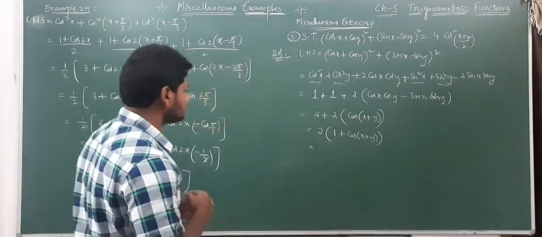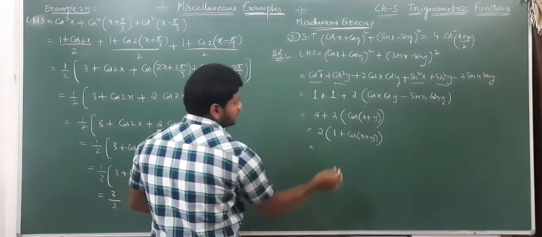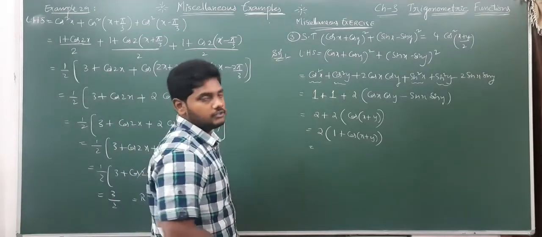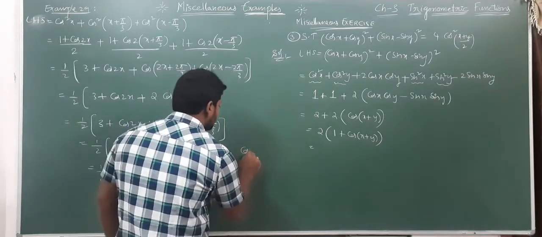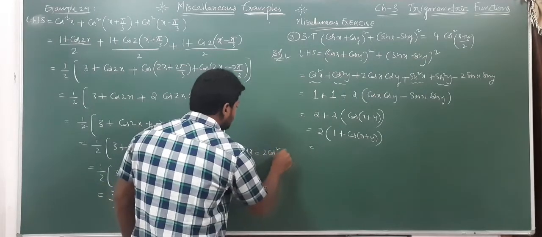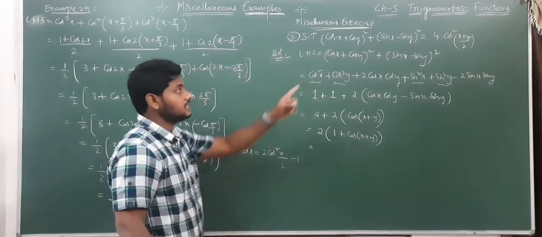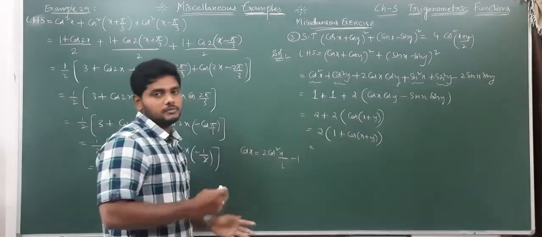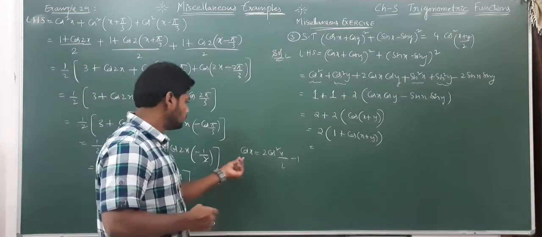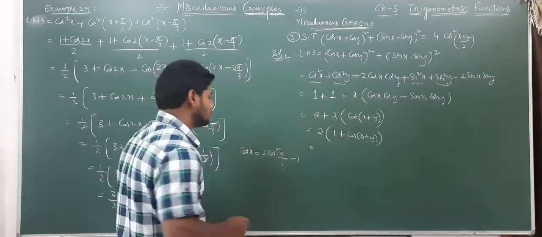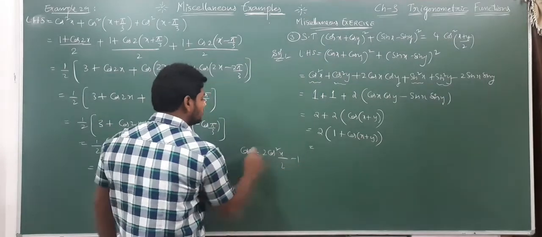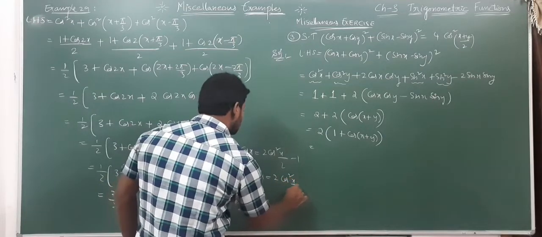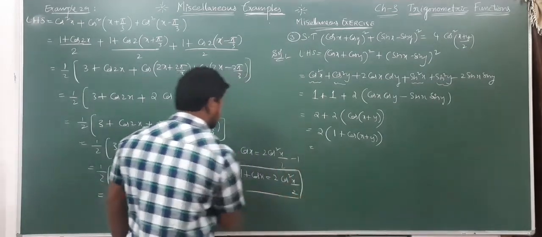You need to think so much to get that RHS term. See, in order to get that, first of all, we need to know the half angles formula, right? What is the half angles formula? Cos x is equal to 2 cos square (x by 2) minus 1. Why? Because that is in terms of cos square. So only this formula you use. Don't use cos x equal to 1 minus 2 sin square (x by 2); there is no use. So you use cos x equal to 2 cos square (x by 2) minus 1. Now that minus 1, you bring to this side, it will become 1 plus cos x is equal to 2 cos square (x by 2). So that's it, we got it.